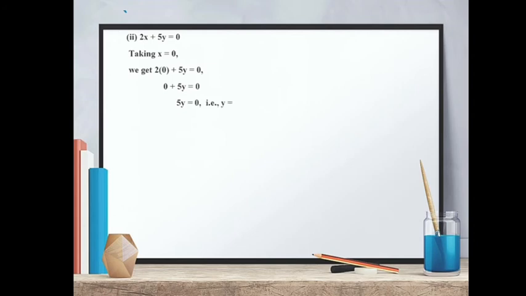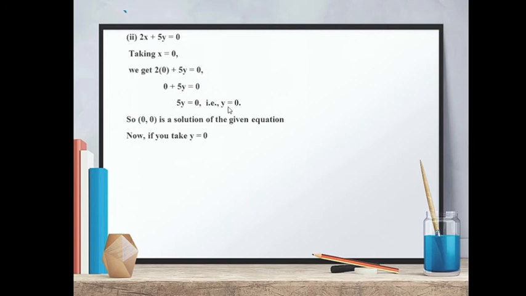That is y is equal to 0, because 5 into y equals 0 and we want the value of y. So we will transfer this 5 to the other side. It goes in the form of division, as it is given here in the form of multiplication, and 0 divided by 5 is equal to 0. That's why we got y equals 0. So (0, 0) is a solution of the given equation.